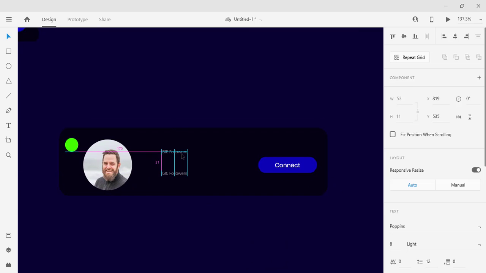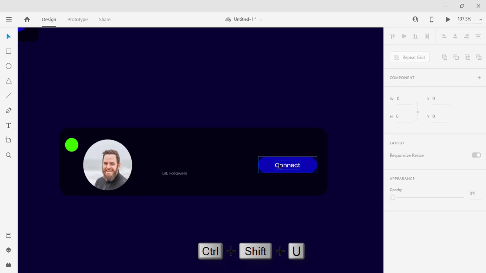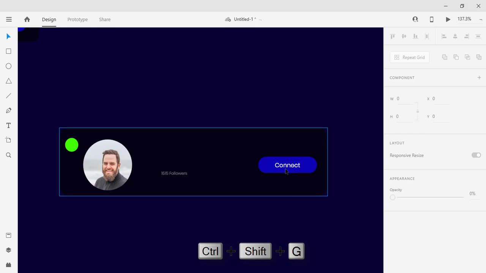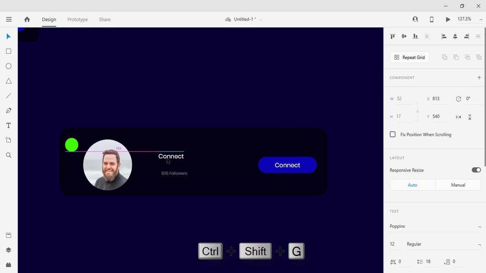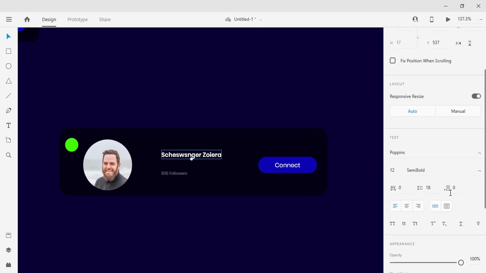So let me copy, group this. Let's copy this from here and give the name, and do some boldness, semi bold.